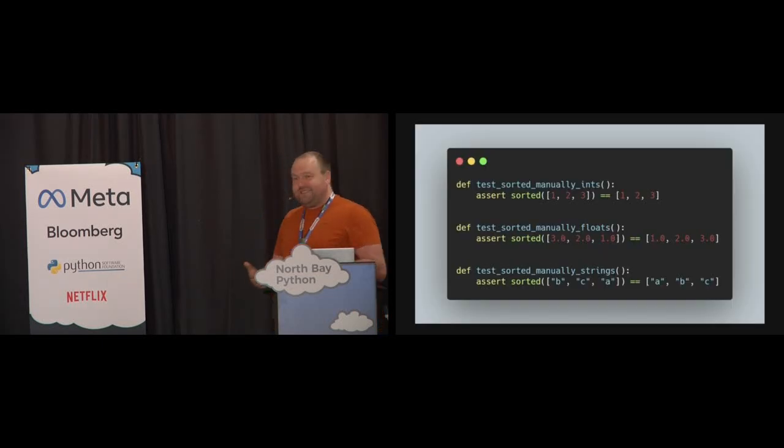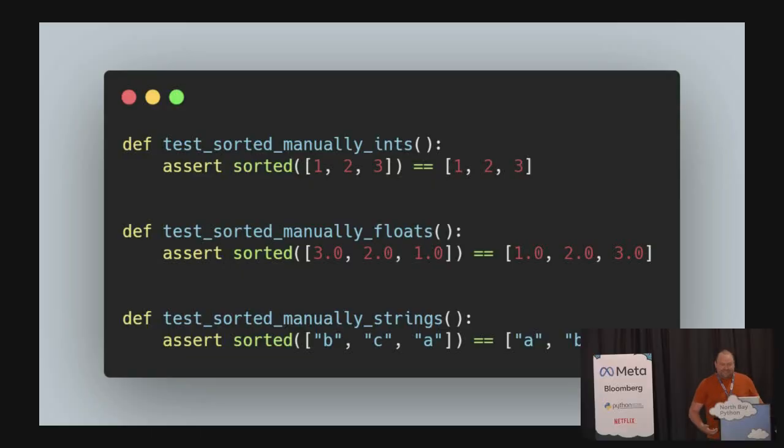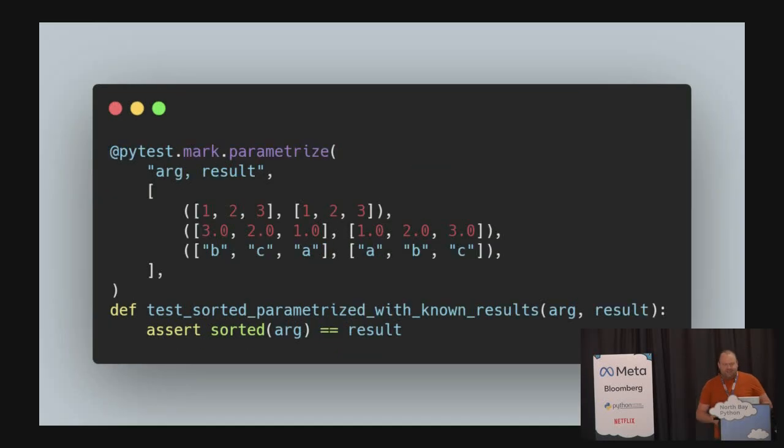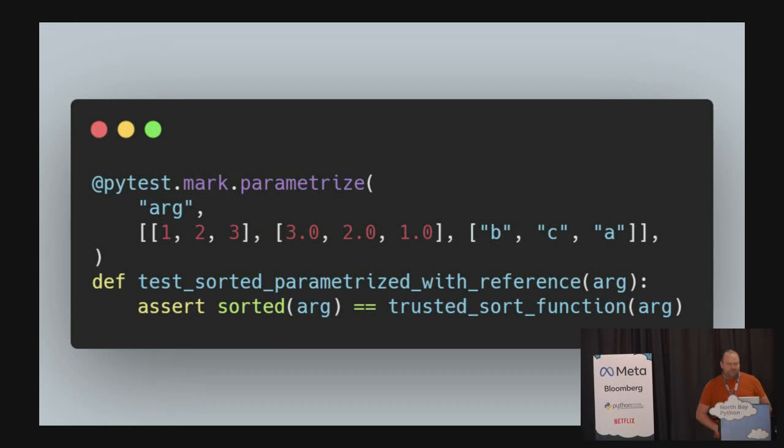So, Hypothesis is a library for writing better unit tests. And standard unit tests might look something like this. You write tests that say, given some particular input, I'm going to run my code, and then I'll check that I got a particular output. Or maybe you just check that it didn't crash. And you can improve on this by using Pytest to have a table of input and expected output data. This makes it much easier to add additional cases that test the same thing.